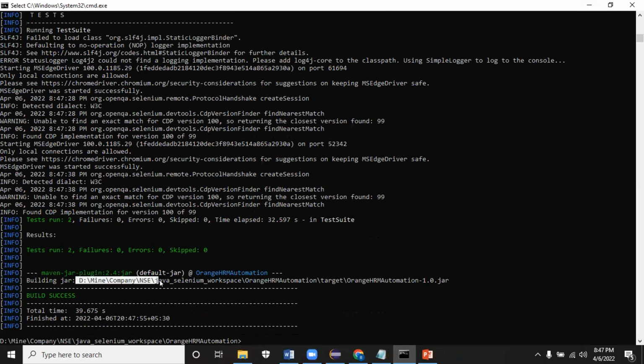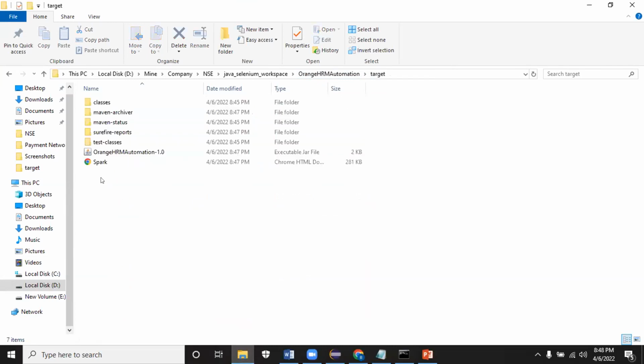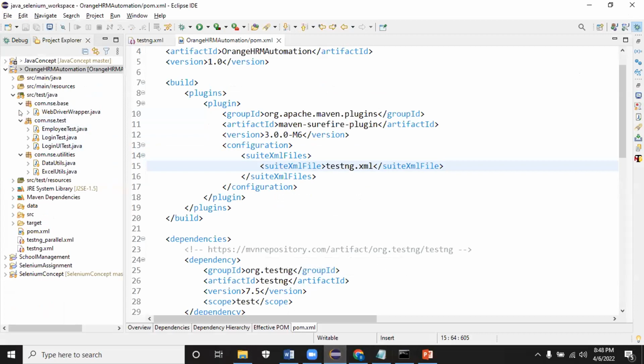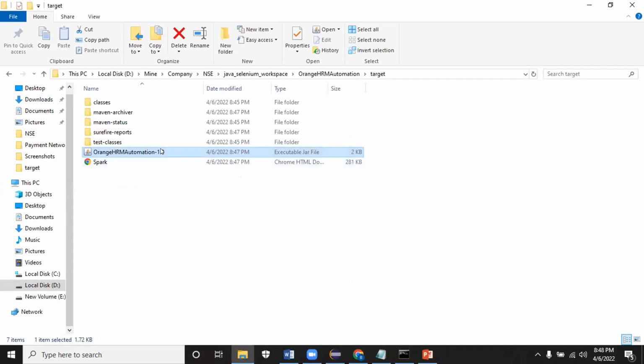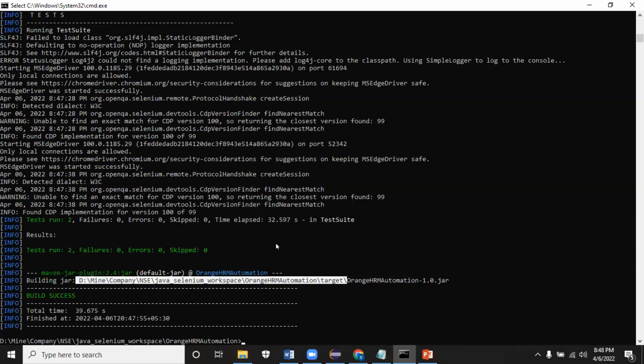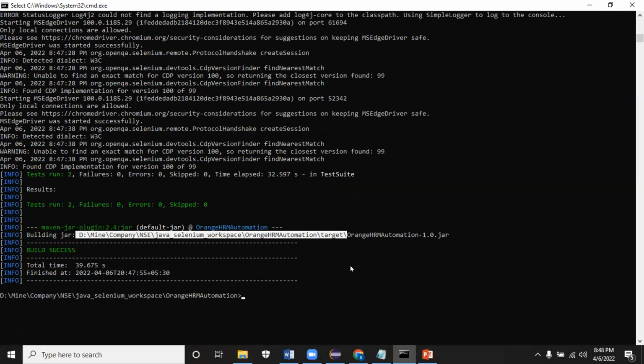See here, building jar, and then under target folder, it will generate the jar for the current project. Inside this jar, you will have lots of packages. Right now, 3 packages will be there, which we have designed. Inside those packages, class files will be there, which you can access by adding this jar. So deploying the jar and all, it's going to be very simple. Anyhow, for testing, we don't deploy the jar. We just configure the project and run the project. It's clear for you till this?